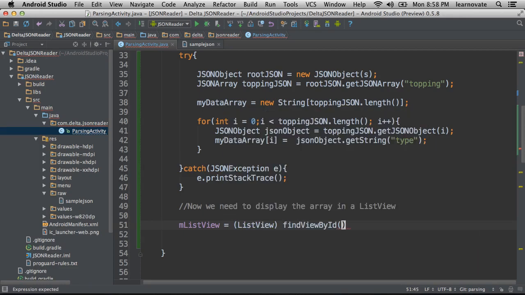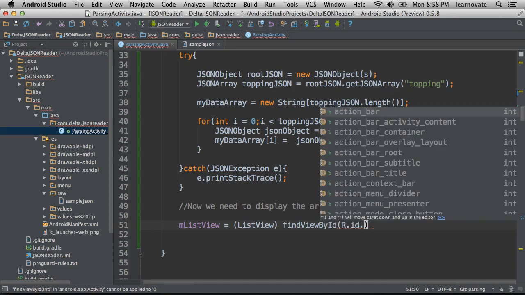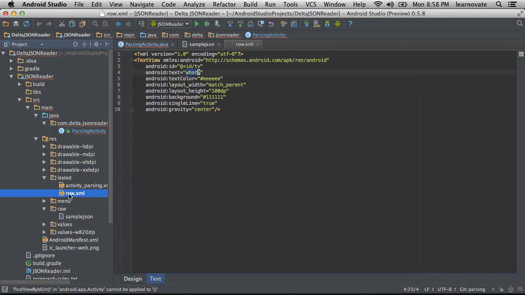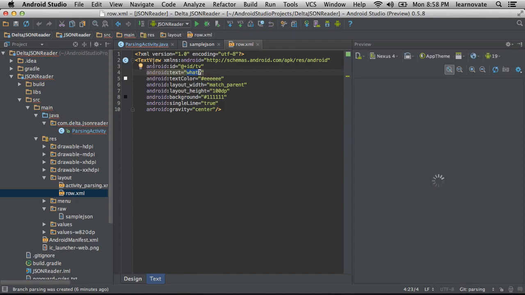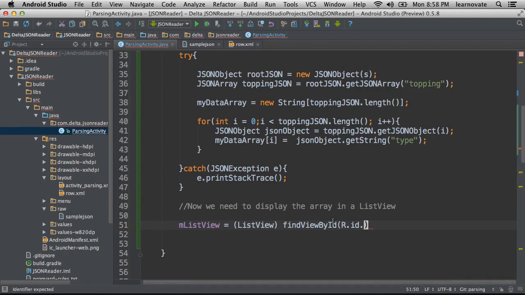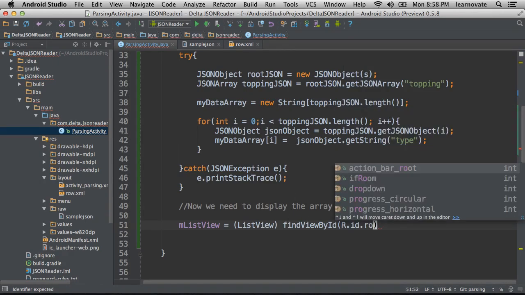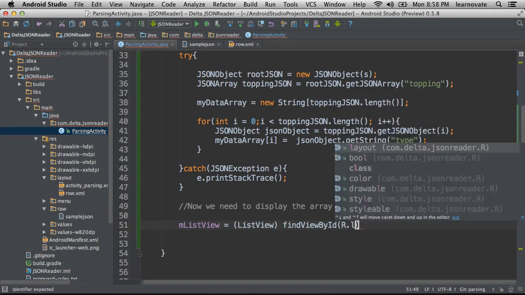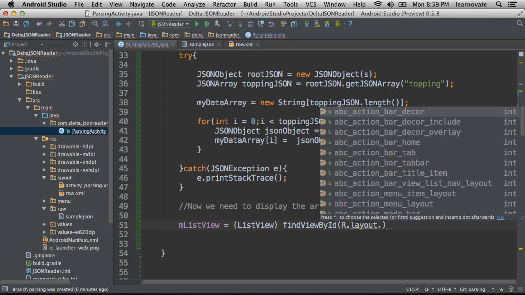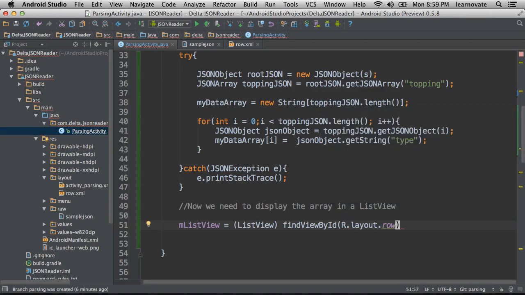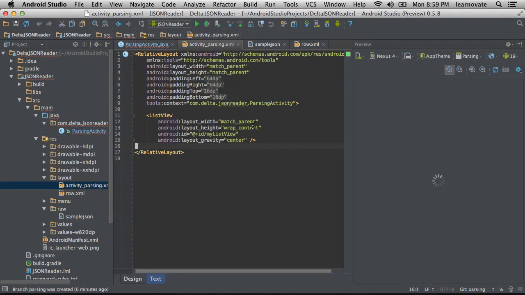And I noticed you've wrapped it in a try-catch. Yes, because when parsing something, you're dealing with unknown data. That data could be empty or wrong. You could look for it to parse something that doesn't exist. And so naturally, when you're using those particular methods, they're going to throw an exception, which is like, hey, you told me to get the value for topping, but there's no toppings in this particular cake. Got it.